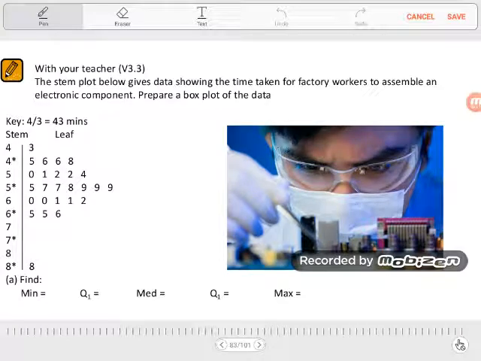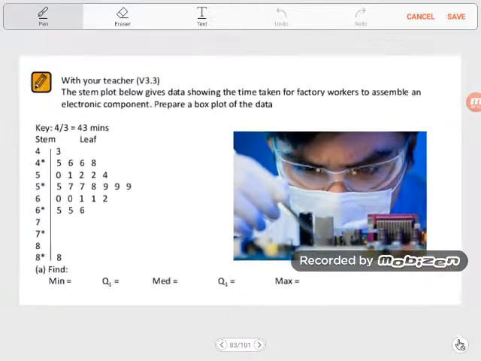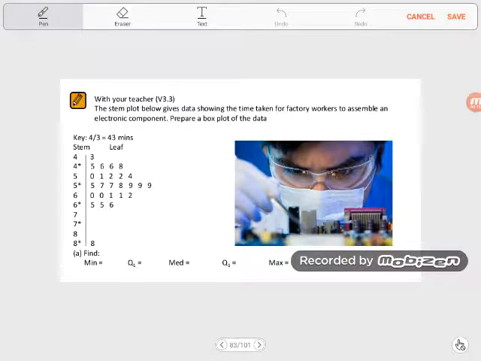In this example, general math students, we're going to identify the 5-figure summary for this set of data and then draw a box and whisker diagram to go with it. Now, a 5-figure summary is a lot like a football match. We have the start of the match, the minimum, quarter time, Q1, half time, the median, 3/4 time, Q3, and